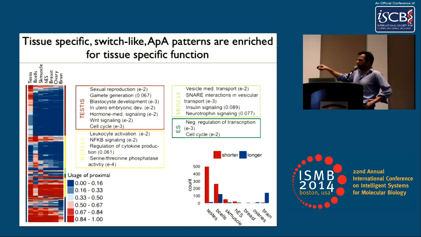But the interesting thing here is when you do GO analyses on these exclusively short or long genes, ignoring differences in gene expression between the 2 tissues, we recover tissue-specific functionality that's relevant to the tissue type that we're looking at, right? And that's summarized in this GO analysis here. Furthermore,